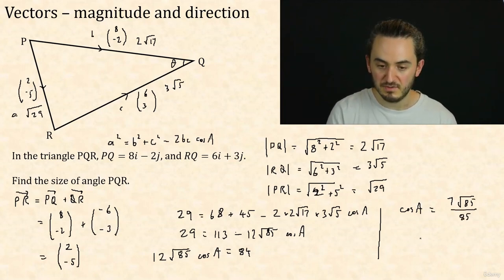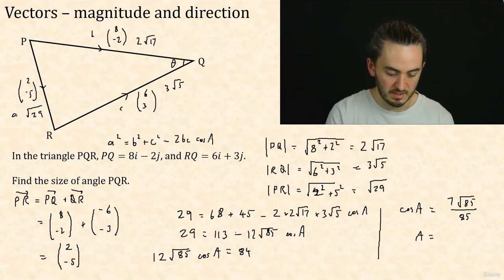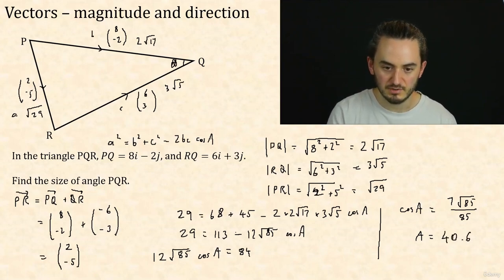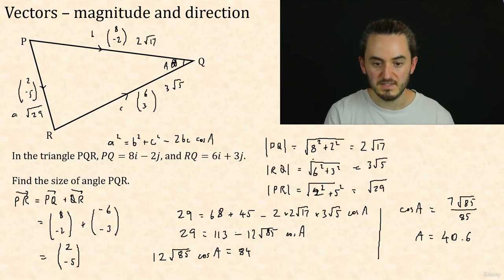Now, A is just the inverse cos of that. So inverse cos of my answer gets me 40.6. I've just realised I called it theta up here. Let's just rename that as A. So there is the angle